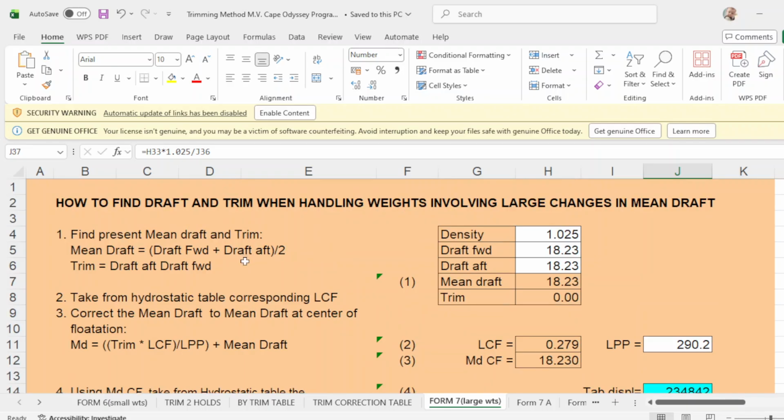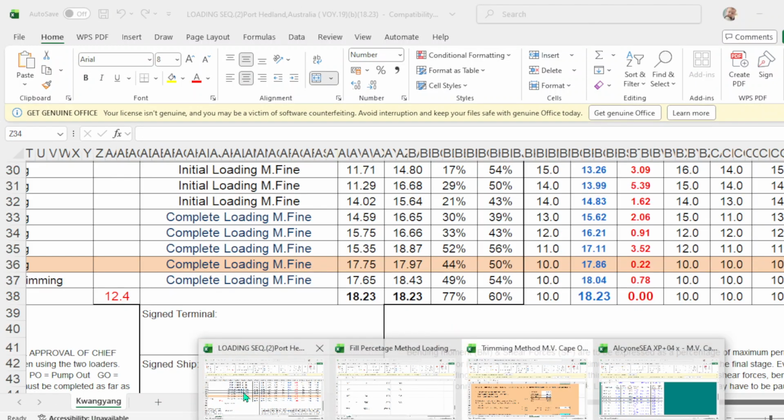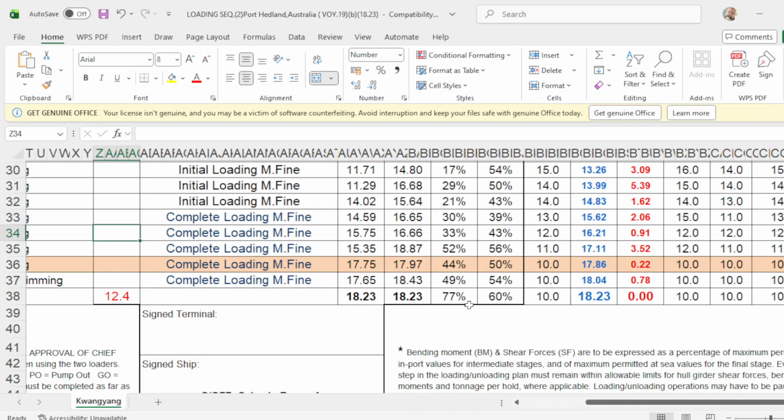Now, our departure in Port Hedland is even keel of 18.23, which is according to our loading sequence.